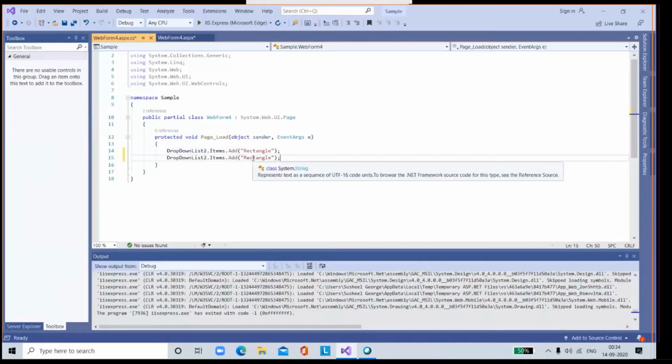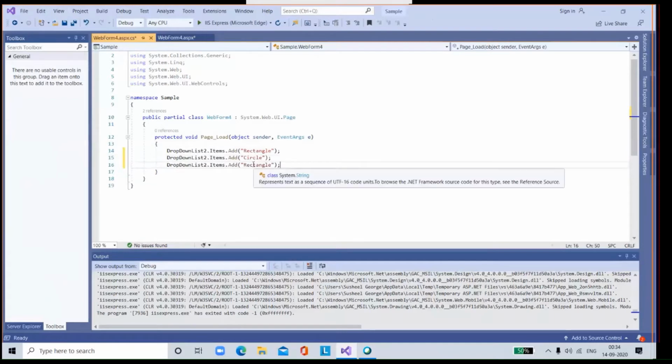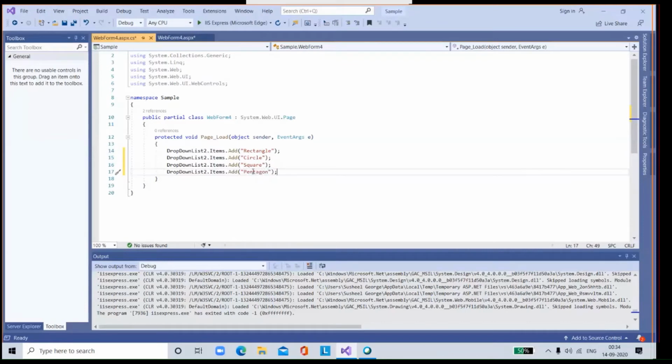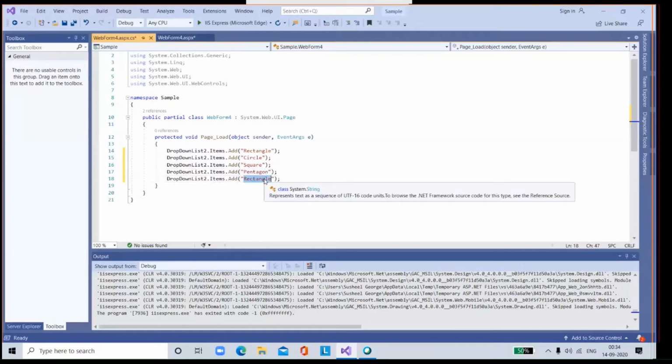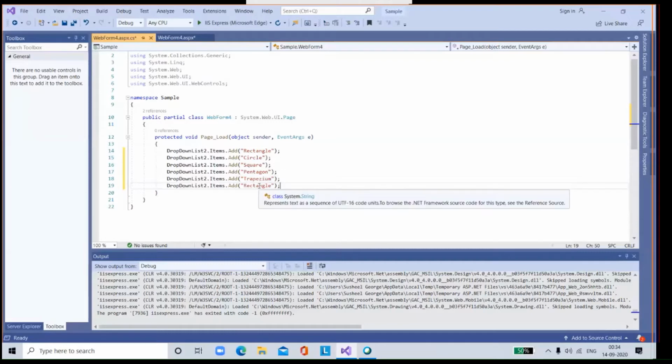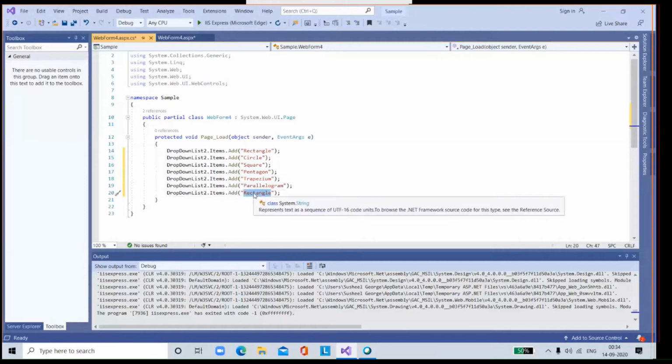DropDownList2.Items.Add("circle"); DropDownList2.Items.Add("square"); DropDownList2.Items.Add("pentagon"); DropDownList2.Items.Add("trapezium"); DropDownList2.Items.Add("parallelogram"); DropDownList2.Items.Add("rhombus");